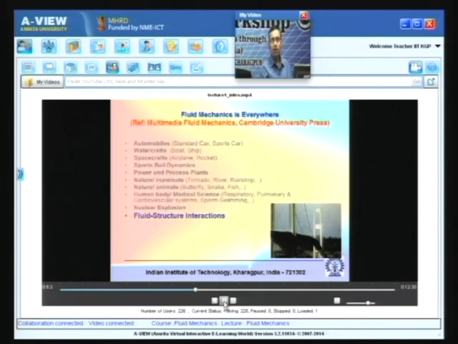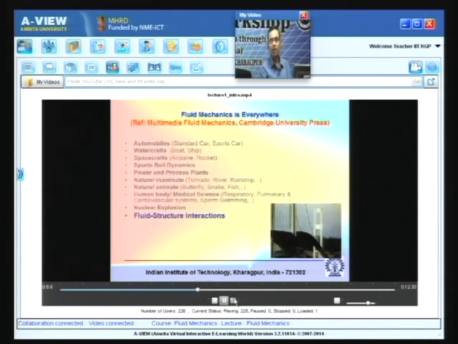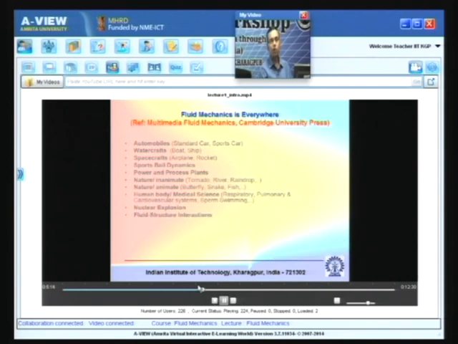Now, the next example that I talk about is fluid structure interactions. Whenever there is a fluid, many times it is interacting with structures. I can give you one example, which is illustrated by this particular video: a very famous collapse of a bridge in Japan. How this collapse took place is because of the following reason: the wind that is blowing past the bridge is flowing with a